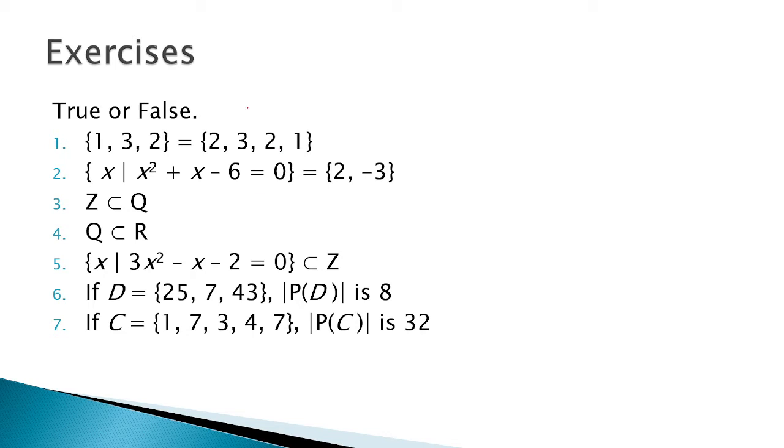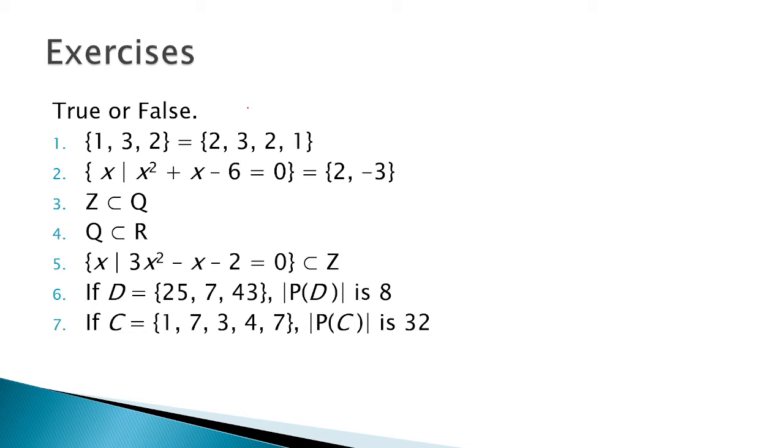Next, we have Z is a subset of Q. So again, our definition of subset is if all the members of set Z are members of set Q, then this is true. Now, all integers are rational numbers because Z is the set of integers and Q is the set of rational numbers. So, is this true? This is true because all integers can be expressed as